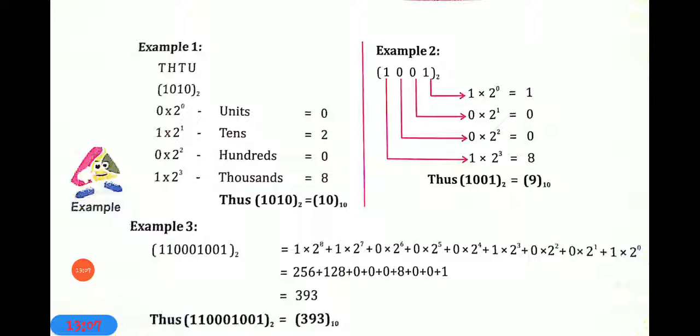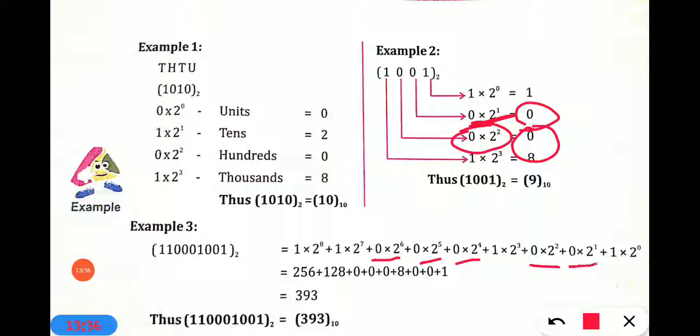wrong answer. Any number that is here with 0, no need to count it, no need to count the power of the base of it. Directly write down 0. जैसे कि यहाँ पे आपको दिख रहा है, here is a 0, right? No need to count 2 raised to 1, directly write down 0. Here is also the next 0. 2 raised to 2, no need to count, directly write down 0. Same here in this one also. Here is a 0, 0, 0, and here is 0, 0 and 0.